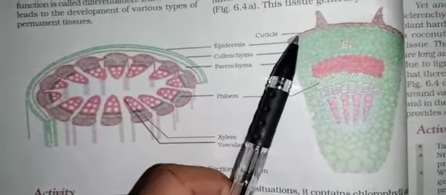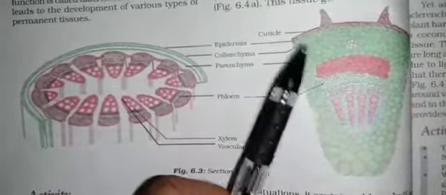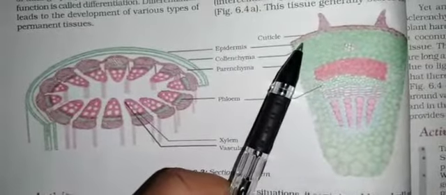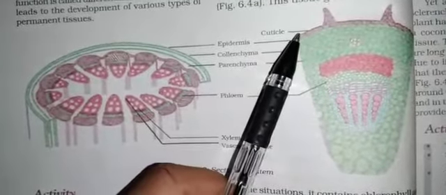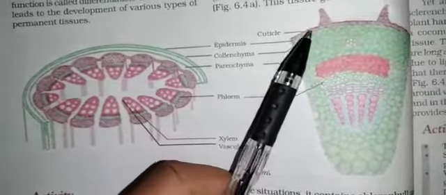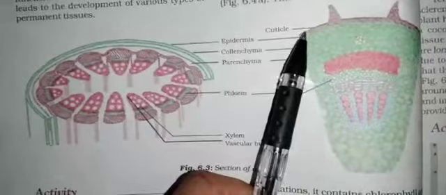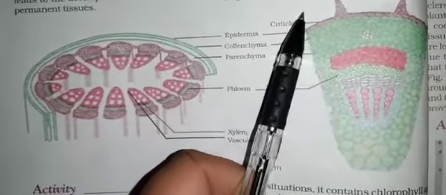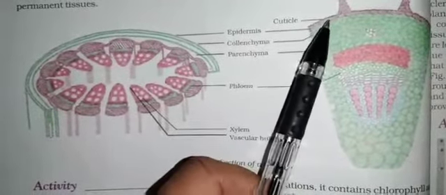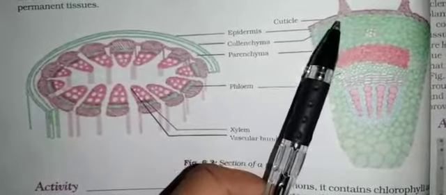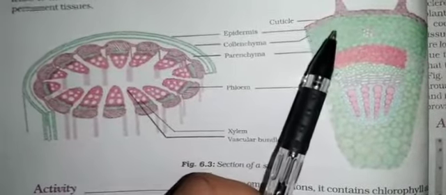Suppose any damage occurs to the different parts, it is protected here itself. And also against invasion by parasitic fungi. Because of this waxy coat, mechanical injury does not occur and loss of water also does not occur, and this waxy coat does not allow parasitic fungi to grow on these plants.